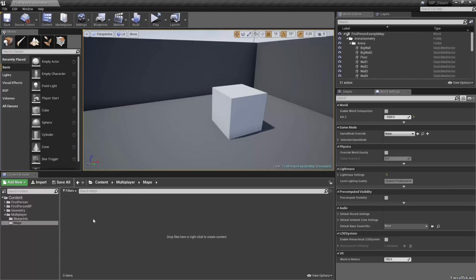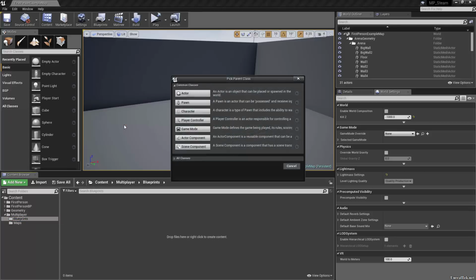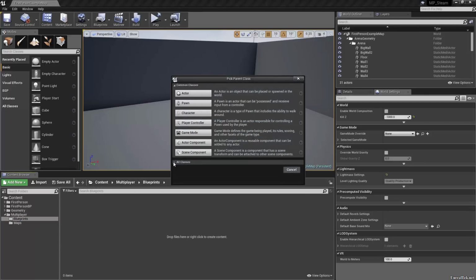In the maps folder, I'm going to right click and create a new level. I'm going to call it MP underscore main menu. I'm going to save that, hitting Control S. And in blueprints, I'm going to right click and make a new blueprint class and go under all classes and